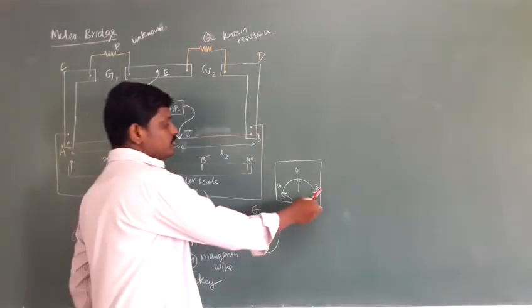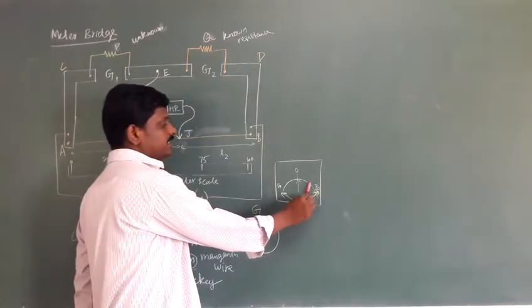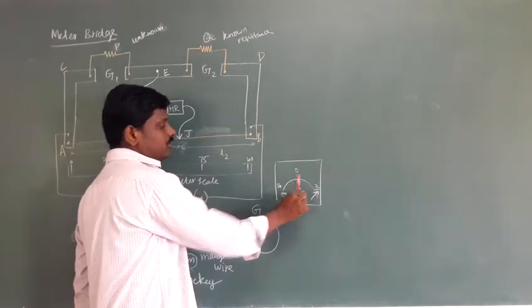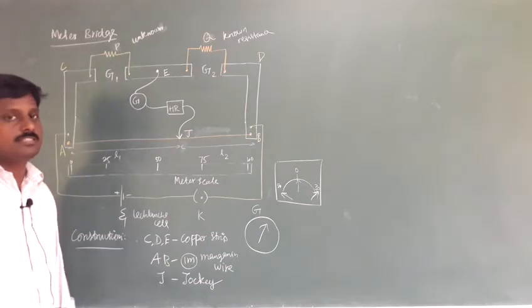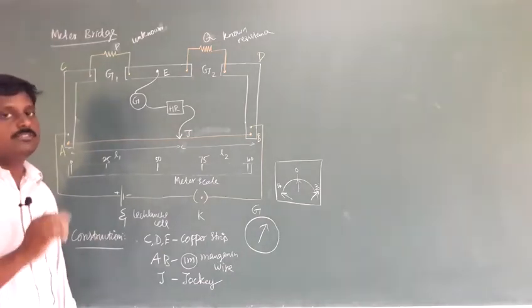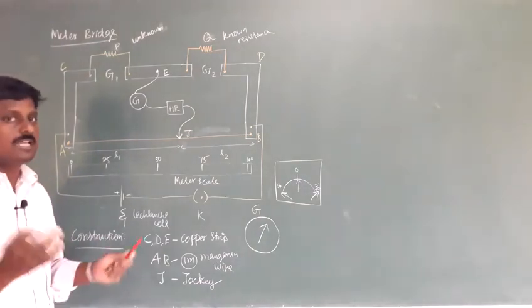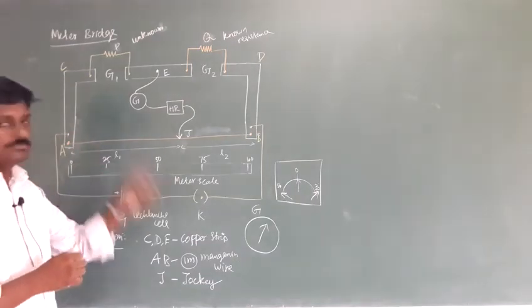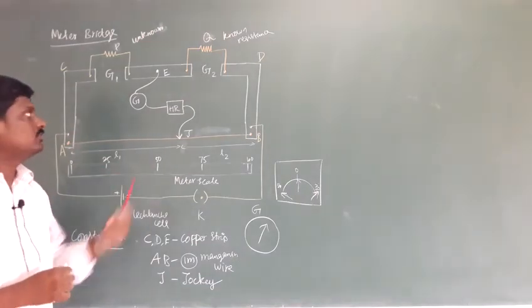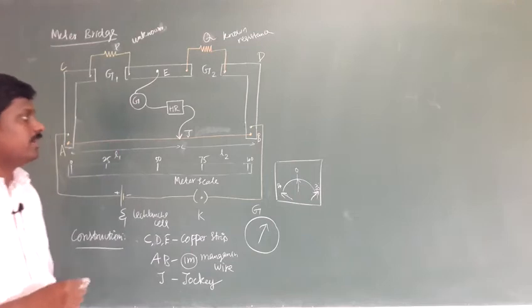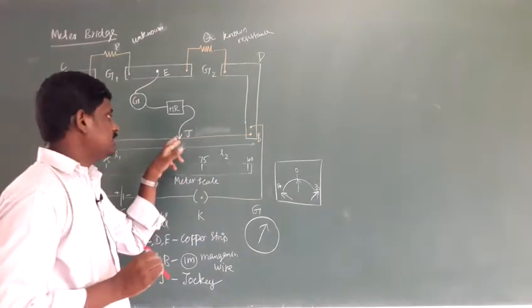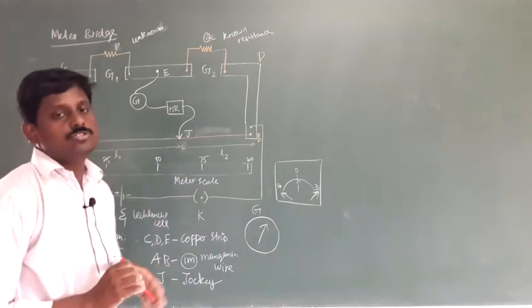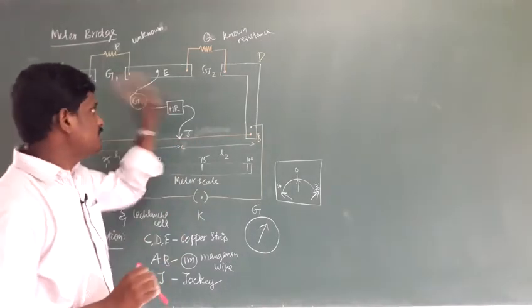The deflection goes like that and reaches the 0 point. That galvanometer current being 0 means the bridge is balanced. So in the Wheatstone bridge, Ig equal to 0 means the bridge is balanced. The potentials at B and D are the same, so there is no current flow, that is, the galvanometer current is 0. In the same manner, if you touch a certain point with the jockey and the galvanometer shows 0 deflection, it means the bridge is balanced.